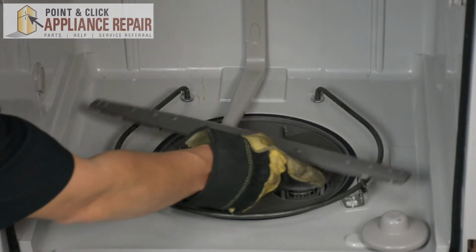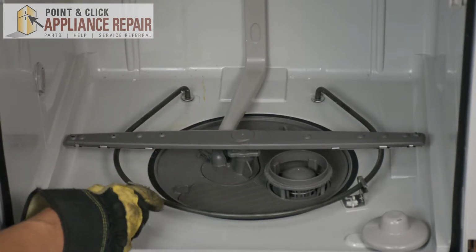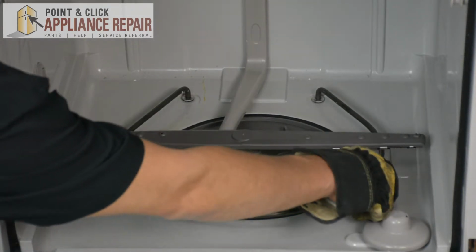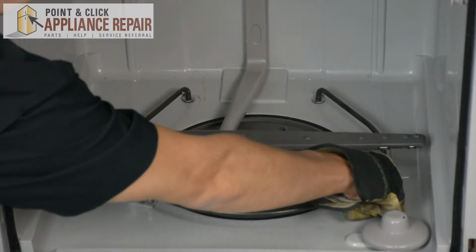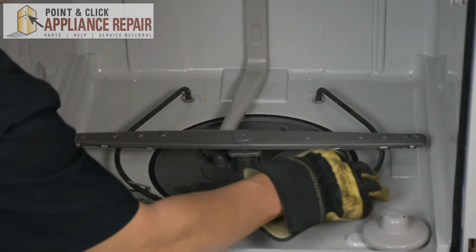And these two pieces on the bottom here are going to be our heating element support brackets. So if you've got one that's damaged, in order to remove it, you're just going to simply take it and twist it about 90 degrees. And then once you've got it twisted, you should be able to pull it out and remove it